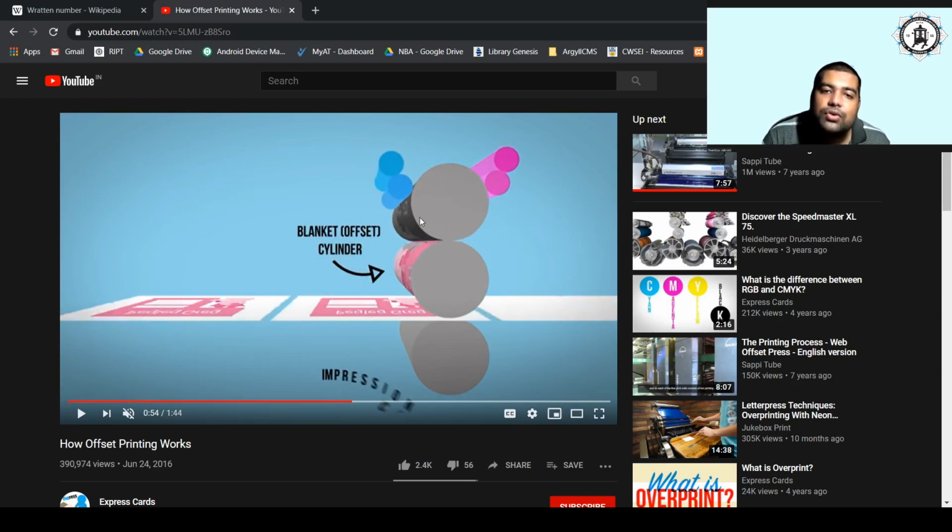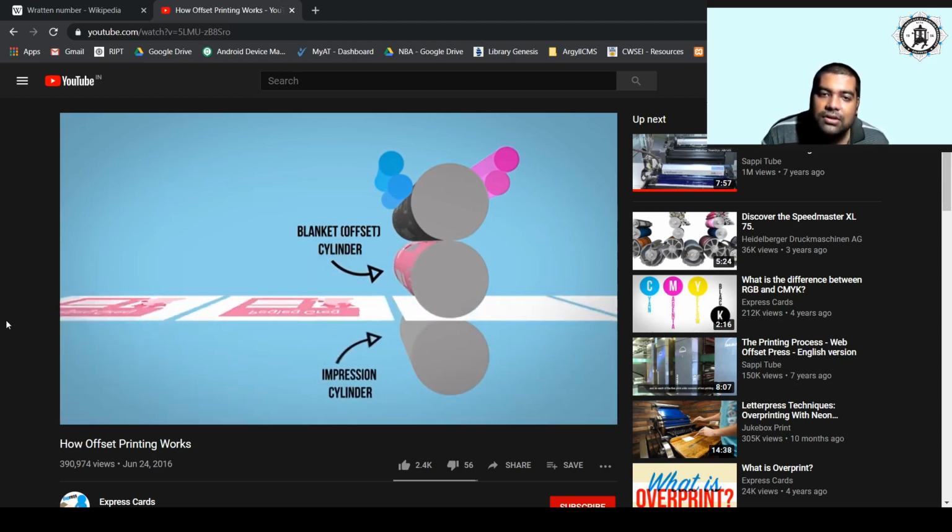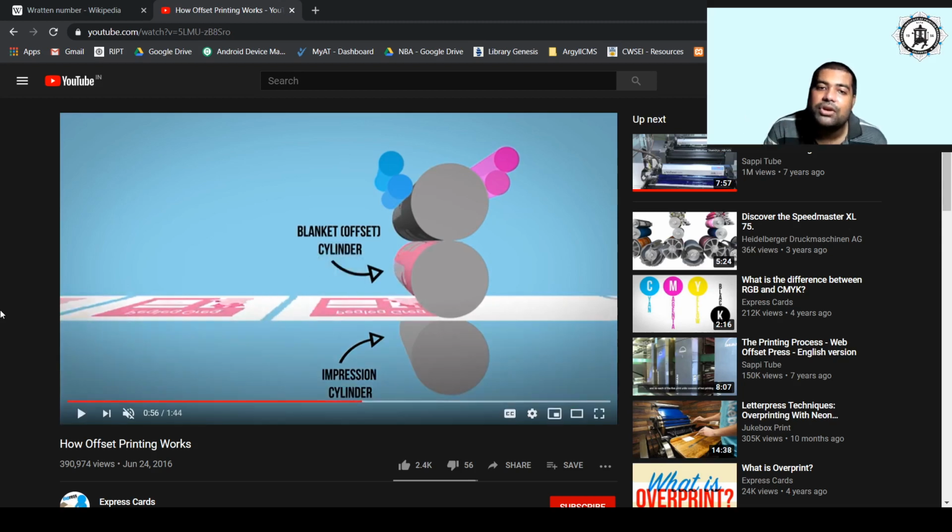You have the magenta plate wound around the plate cylinder, which is transferring the magenta areas onto the blanket cylinder. This is the impression roller, and between the nip pressure of these two rollers the paper is passing, and the image from the blanket cylinder is getting transferred onto the paper. This is for a single unit machine like the PO25 that we have.